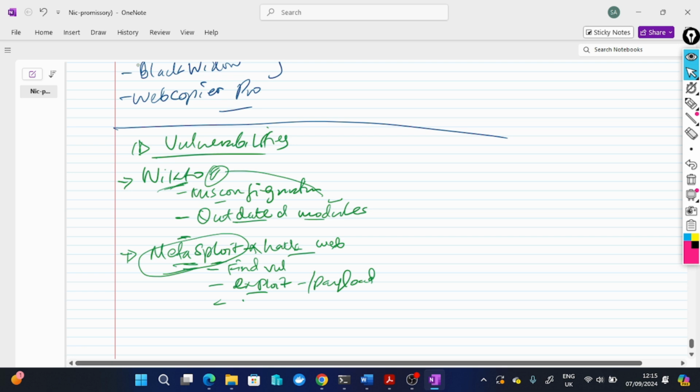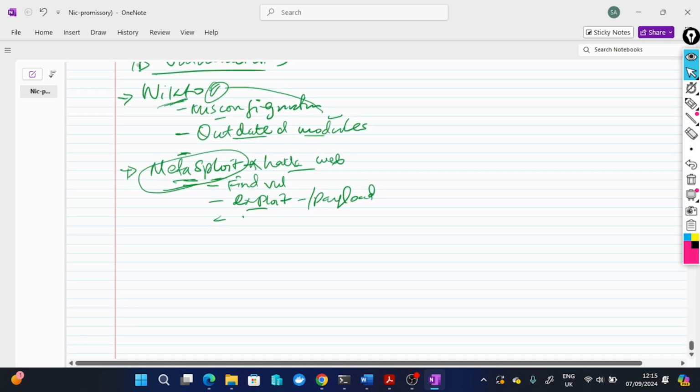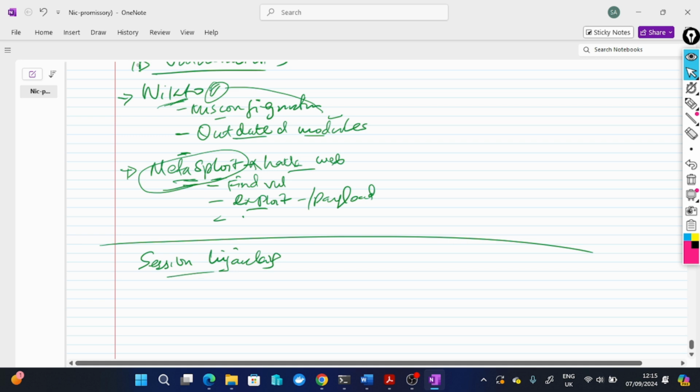And then you might also want to do, so let's say we have users who are already using the application. You remember last time we talked about session hijacking, and that is done on web-based applications. So how do you do session hijacking? Another thing you might want to do is crack passwords, because you've identified the login form. You want to see if you can use a brute force approach, where you're guessing almost every other thing,